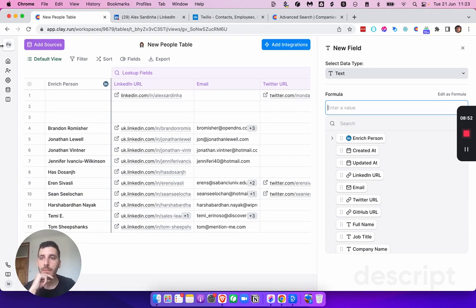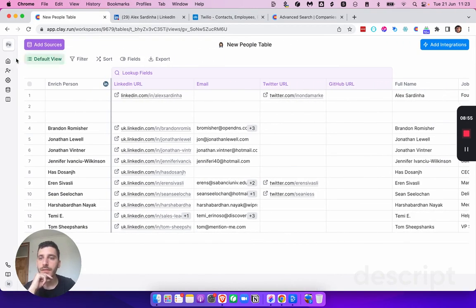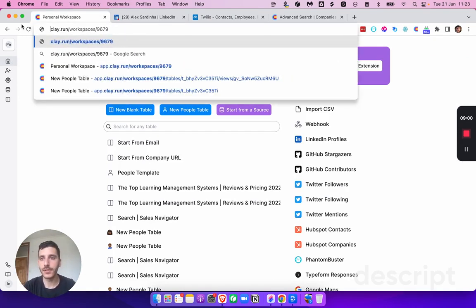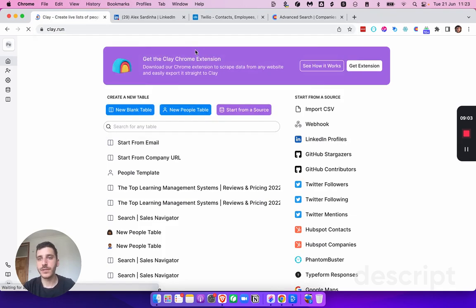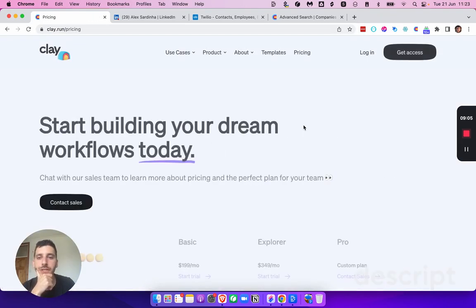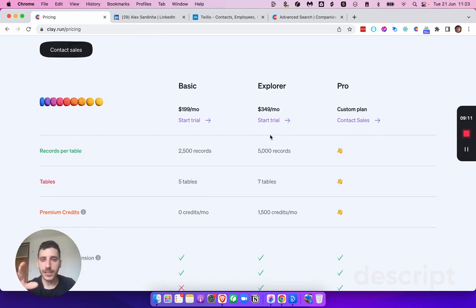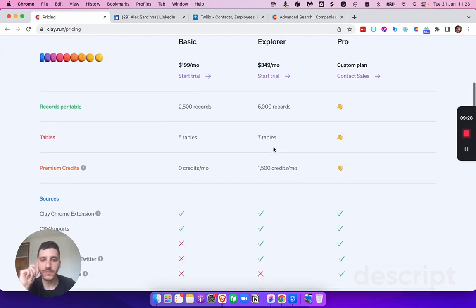In terms of pricing, again, I'm sure there's a lot more you can do with it. And if you go to their Slack channel, you see a lot more of what people are doing. I've only used it a couple of days, so I'm just touching the surface. In terms of the packages, you've got basic, which is $199 a month. That allows you to create 2,500 records and have 5 tables running at once. The Explorer package is $349, and it gives you the ability to create 5,000 records with 7 tables active at once